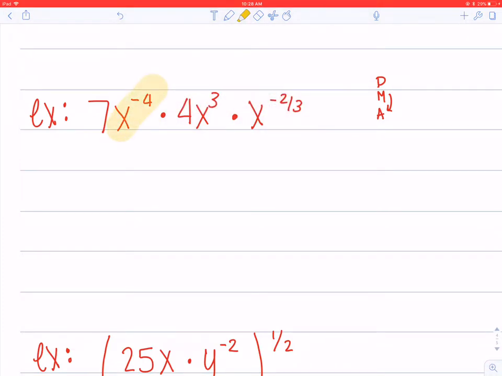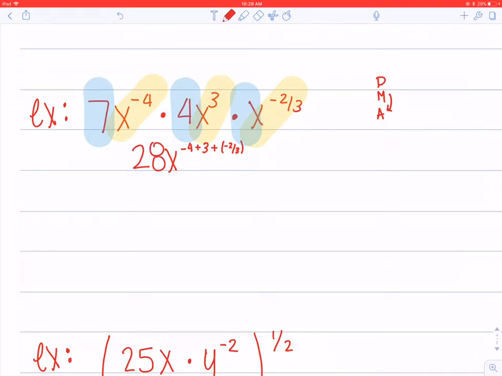So I'm going to add the exponents of x to the 4, x to the negative 4, x to the third, and x to the negative 2, because all of those are like bases. So I'll have negative 4 plus 3 plus negative 2 over 3. Now, what do I do with those numbers out front? Well, I just multiply all the numbers out front. So the numbers, I have 7, 4, and a 1 there. So out front, I'm going to get